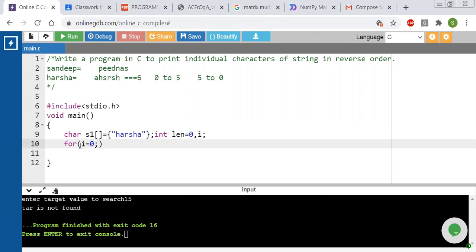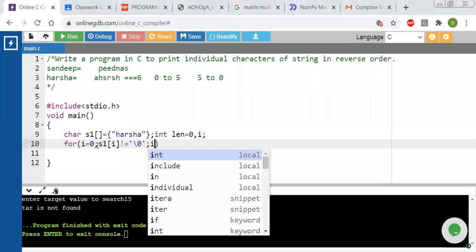What is the condition I have to write here? The last element is the null character, do you remember? So the condition is s1 of i, we have to repeat until it is not equal to the null character. The null character is a character, so we place it in single quotes. Then a semicolon and then i plus plus.